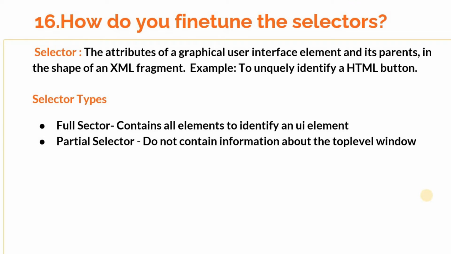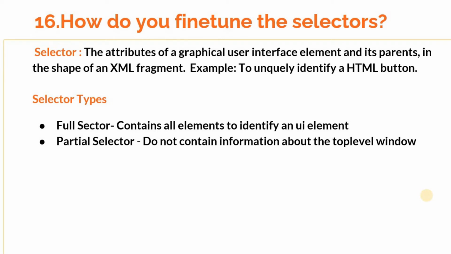So often in RPA, developers face a lot of challenges in identifying UI elements uniquely, because you may have standardized the selector in your development environment, but the same selector might not work in a test environment. That might be because of some environmental changes such as a browser version or the target application version, anything like that. So during the development, the developer should focus a lot on selectors. They need to make sure that the selector works in any environment unless there is a major change in the application. So fine tuning selectors is one of the major topics in RPA. So definitely you will get a question on this.